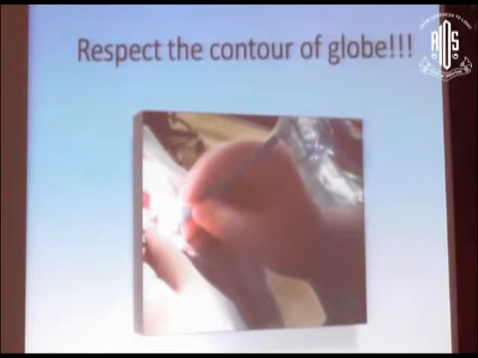While we are dissecting, we should respect the contour of the globe. What I mean is, while we are constructing the bone, we should not move our hands here and there, but we just shift our hand a little bit according to the contour of the globe, so that when we are dissecting a side pocket, we can just shift our hand a little bit, so that we can follow the contour. Otherwise, we can end up with a watermelon seeding or with a premature entry.